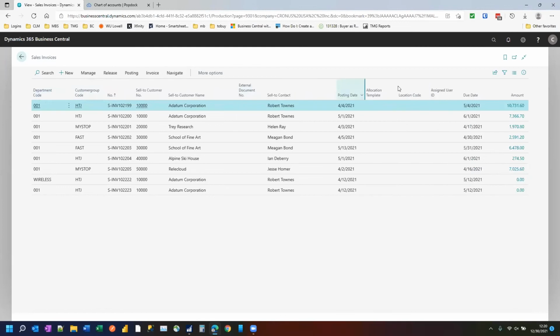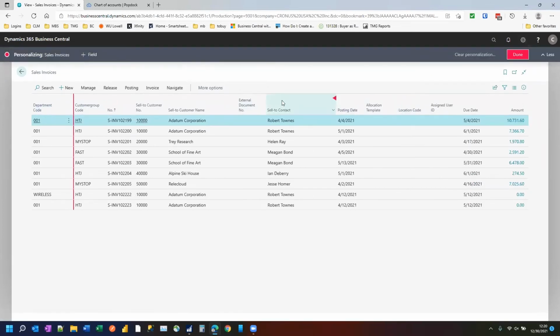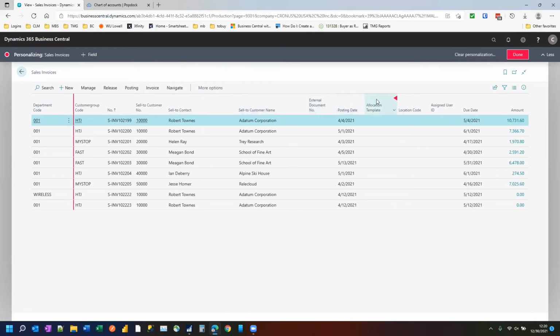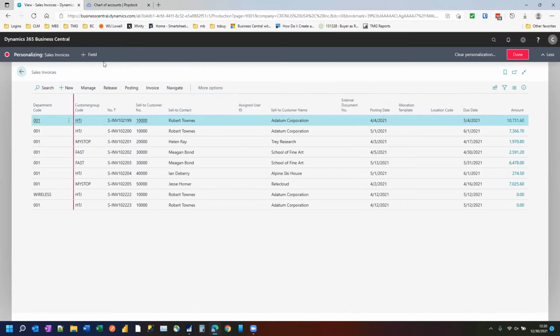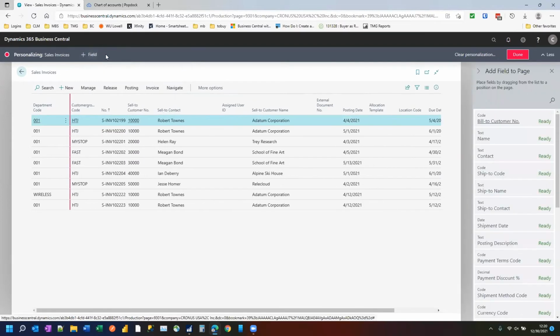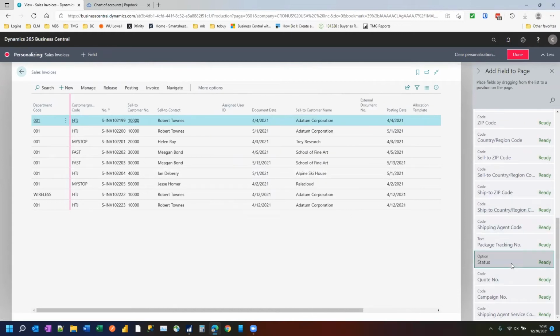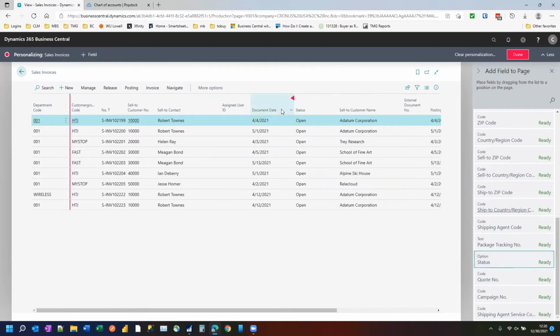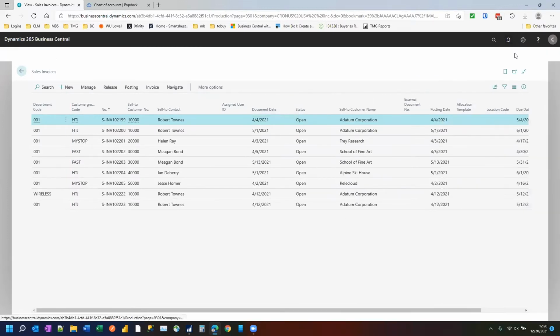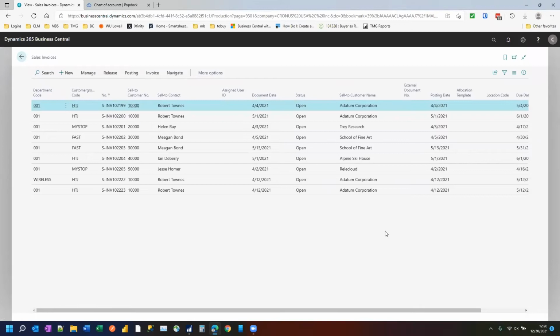We could add or remove columns. That's in a personalized area. I could move this over. Maybe the assigned user, I want to move that over. I could add columns. If I say add field, here's all the fields I can add. Maybe I want to add a document date. I want to add a status. Add that. So you can see that it's functioning an awful lot like Smart List as an inherent functionality